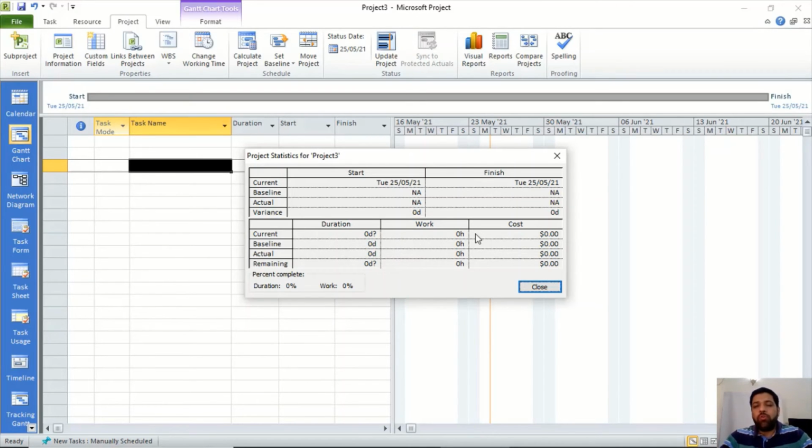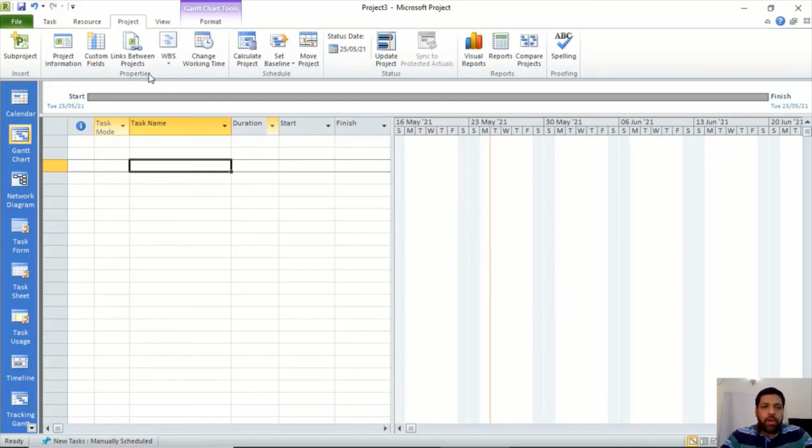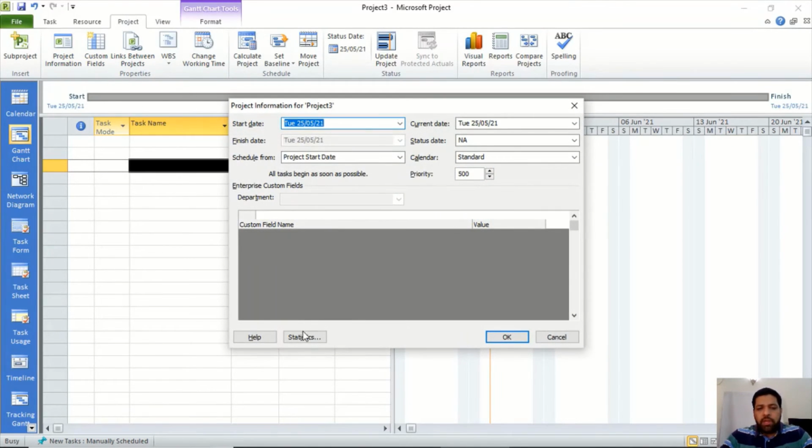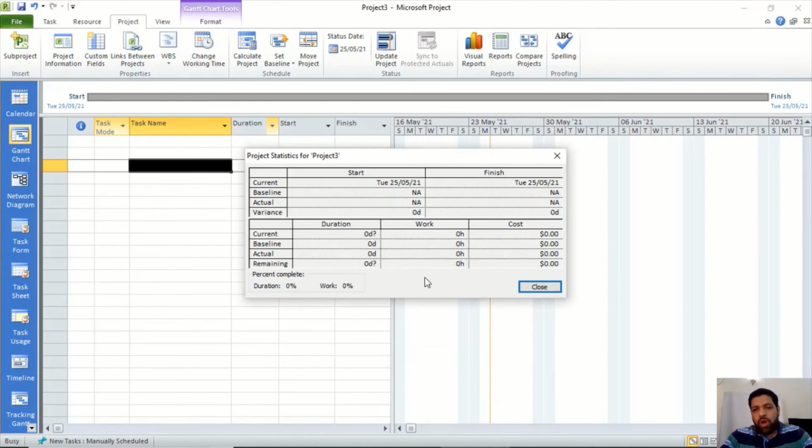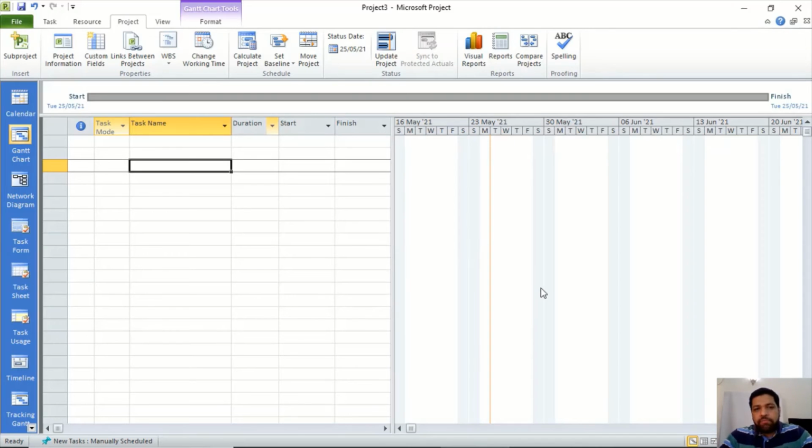So if you want a quick analysis of your project, you can simply go to statistics, and in one window you can quickly see the stats of your project. We will keep on using this window once we develop the plan and go into the execution part of the project.